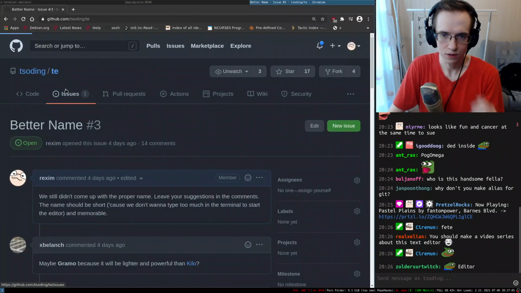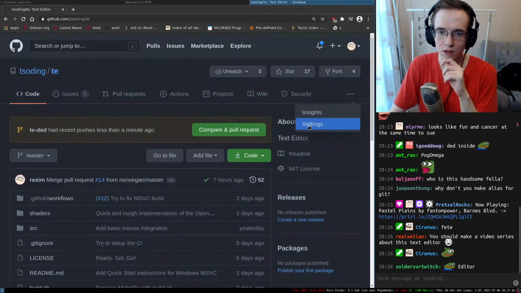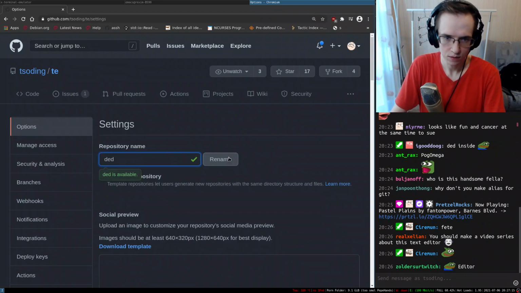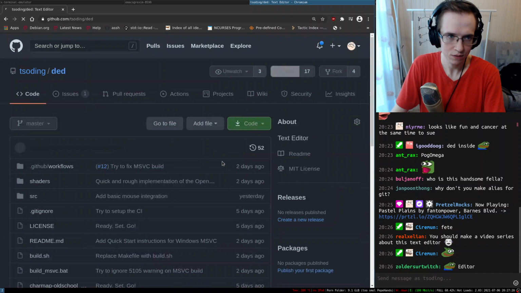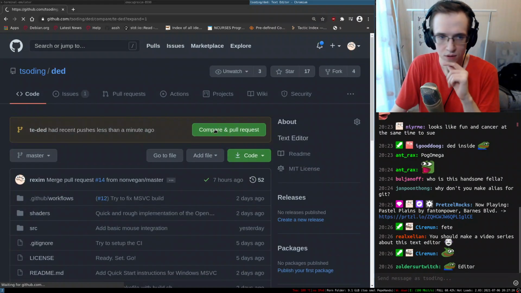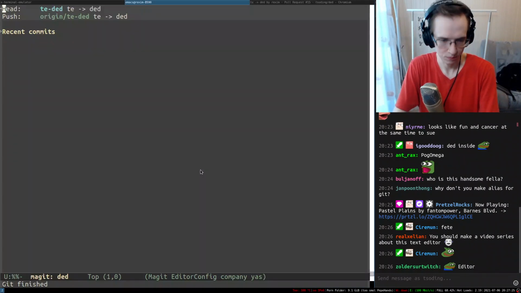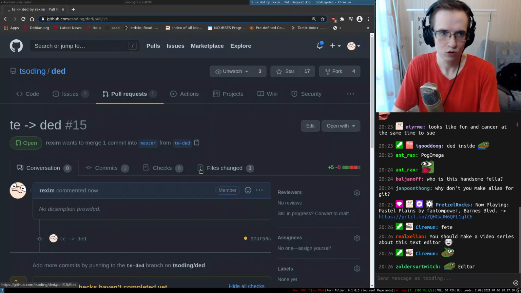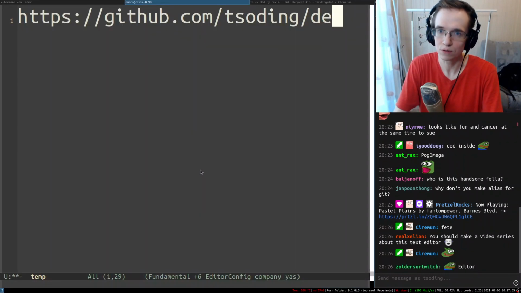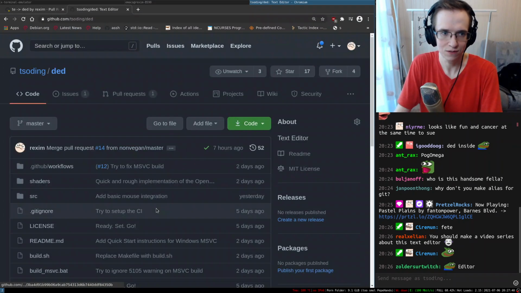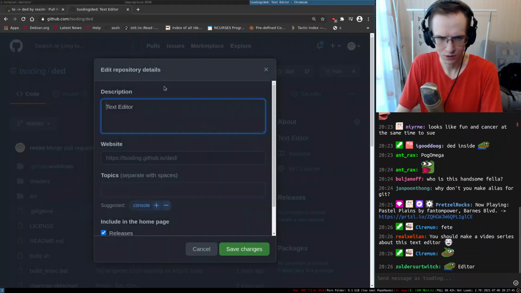And also, I'm going to rename the repo itself. Is it going to ask for a password to rename the thing? Hopefully. Oh, it didn't even ask for a password. Nice, because it's not a particularly destructive change, I suppose. The cool thing about GitHub is that it will still redirect to the new repo if I try to access the old name. I really like that feature. If I try to go here, it automatically redirects to dead. Maybe it also makes sense to update the settings in here. Dramatic editor. There we go.